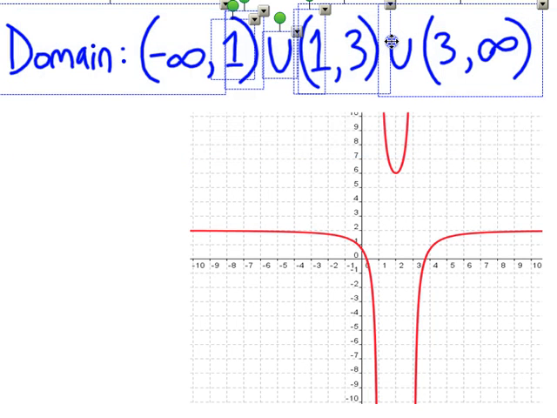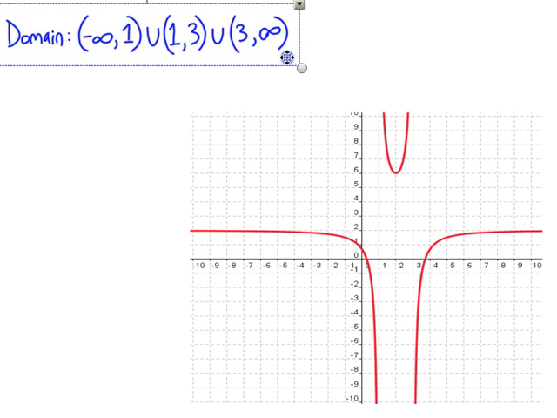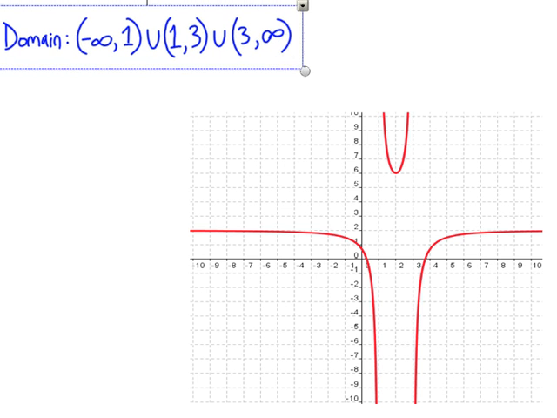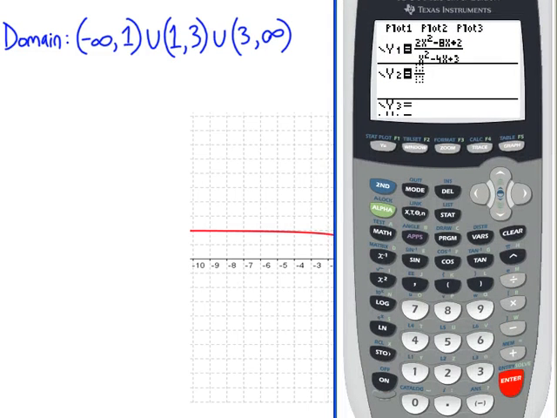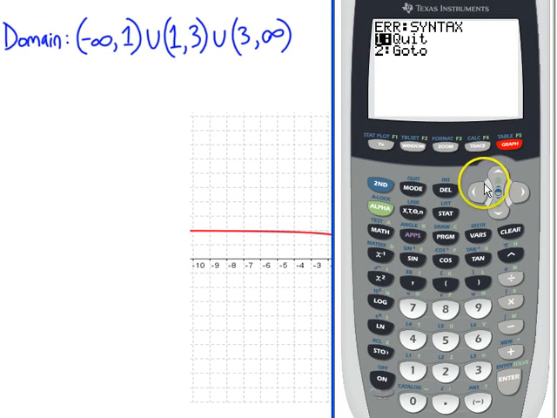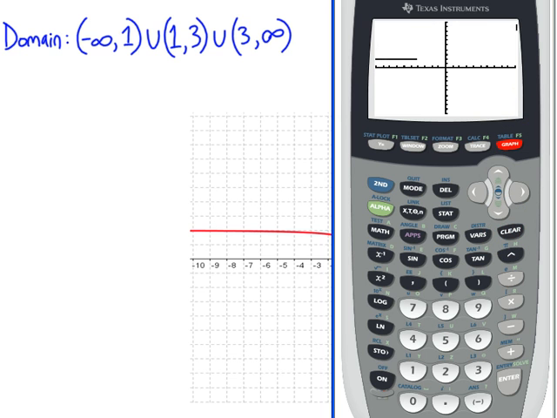So let me show you how to explore that on your calculator. Again, I found it a little bit easier to do here in GeoGebra, but you can still exhibit that on your calculator. Okay, so let's go to graph here. Oops, what did I do? It's a common error that I think I'll just leave till class to help you guys through that. Notice I accidentally left an empty fraction here, and the calculator doesn't know what to do with that. So I'll clear that, hit graph, and while this isn't quite as slick as using GeoGebra, go to the trace